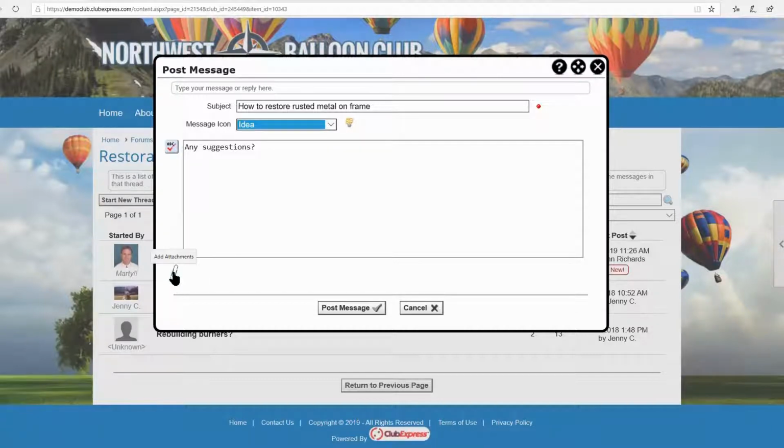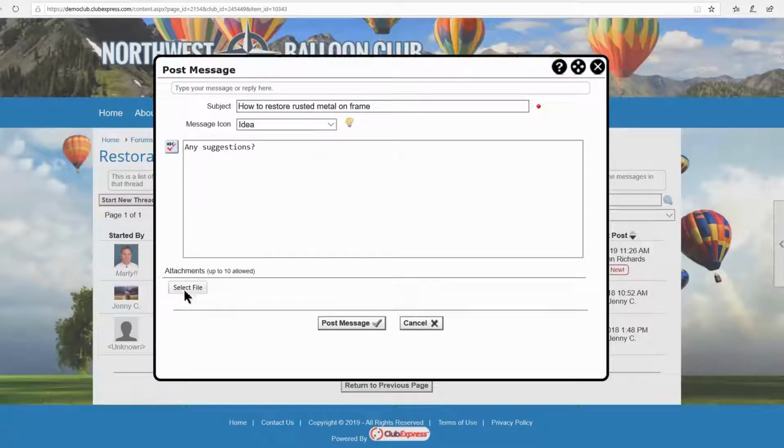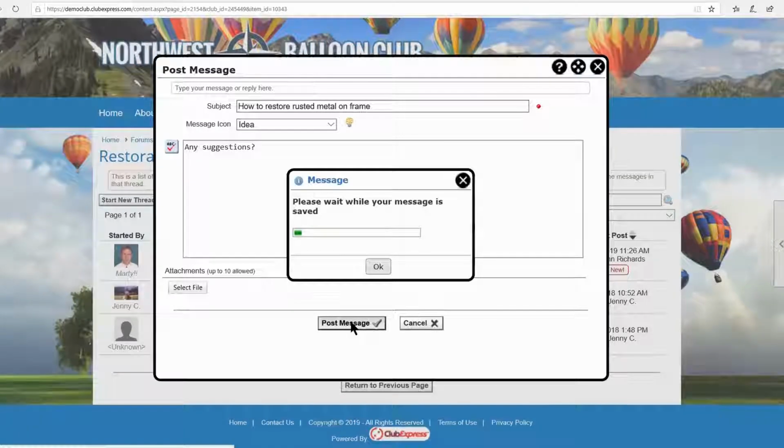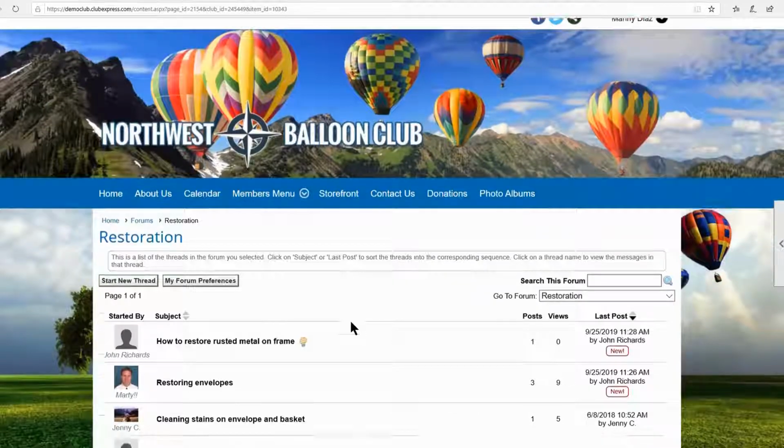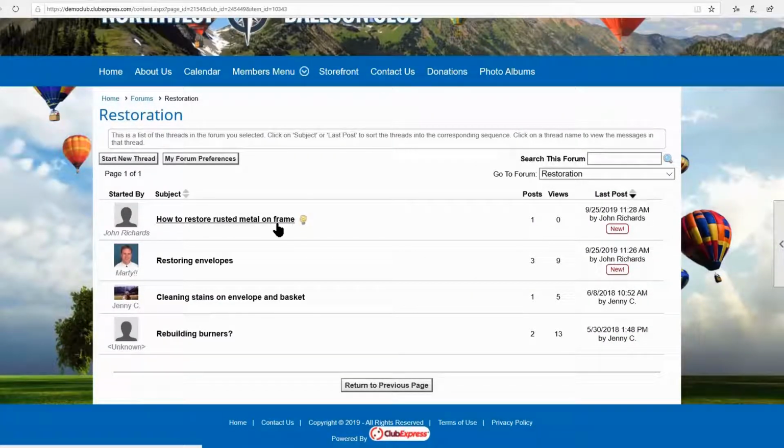You can also add an attachment. When you click on attachment, you select the file, and you can have up to 10 attachments. So it might be photographs, it might be some non-executable file. But if I click on post message, now that thread shows up and people can respond to it. So that's the general approach on this.